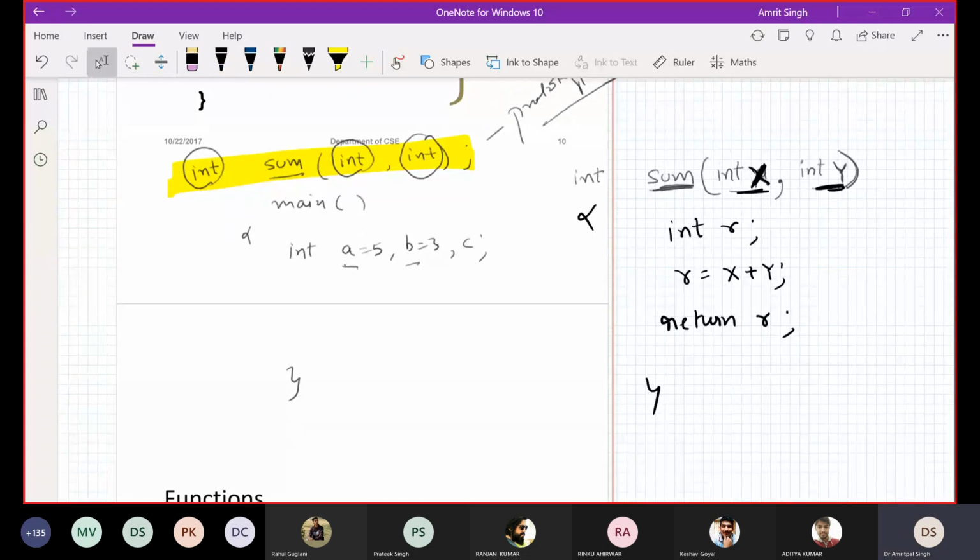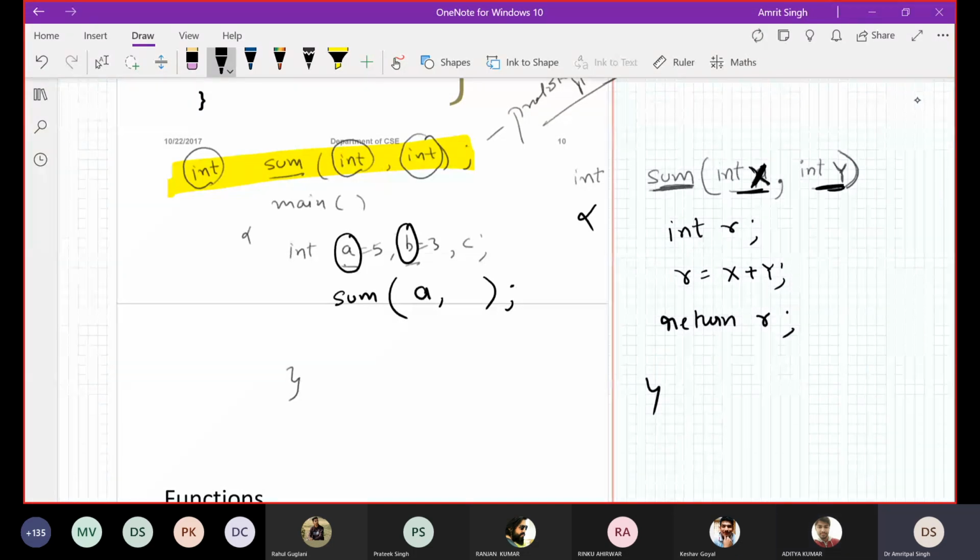Let's start. Now I need to call this function in my main. How can I call this? Sum. Now you want to pass two parameters. What parameters do I want to pass here? I will say A comma B. And this function is going to return me something, right? After executing, it is returning something.